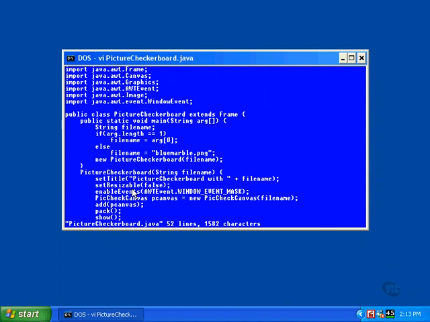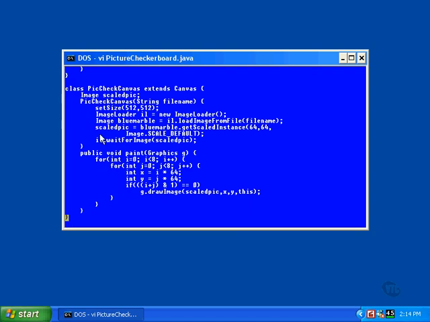This means that whatever the size of the window when it first appears, it will remain that size until it's closed. The name of the selected file is then passed to the constructor of the PicCheckCanvas class. The constructor of the PicCheckCanvas class uses the file name passed to it to load an image file. The window is set to the correct size, and the image is loaded from the file. The getScaledImage method is called to create the scaled picture image, which is the size we need for the squares